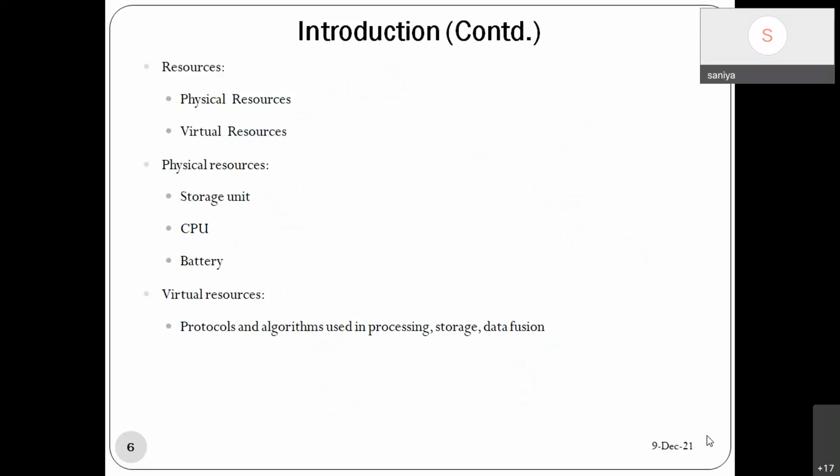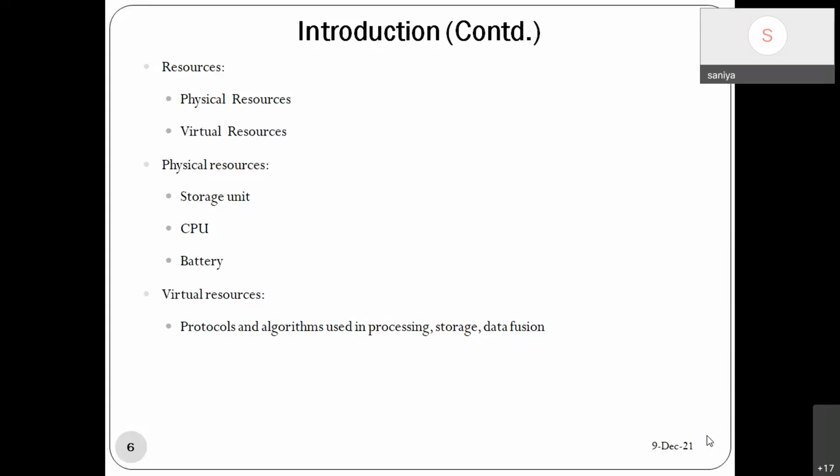So the resources that we have, obviously my topic is on resource optimization, but we need to understand what these resources are. We can categorize these resources into physical resources and virtual resources. Physical resources, you can say there is a storage unit, there is a CPU, there is a battery that you can change. Then coming to the virtual resources,